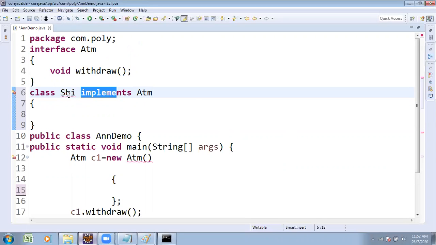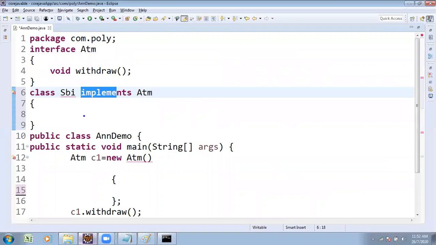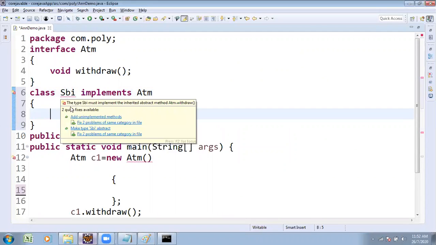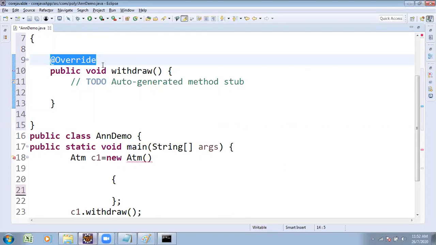When you keep the cursor over here, you observe it shows an unimplemented method. Click it, and the method automatically comes over there.